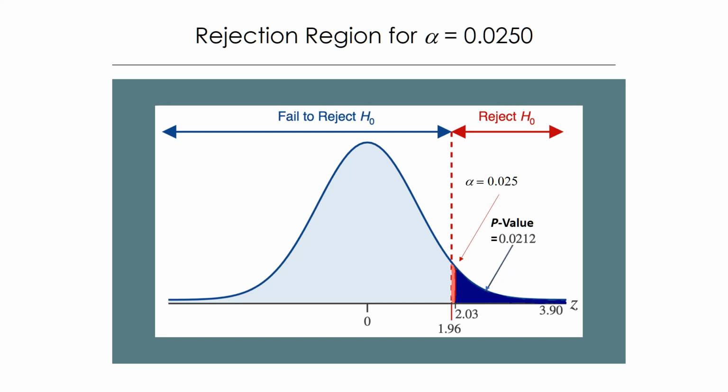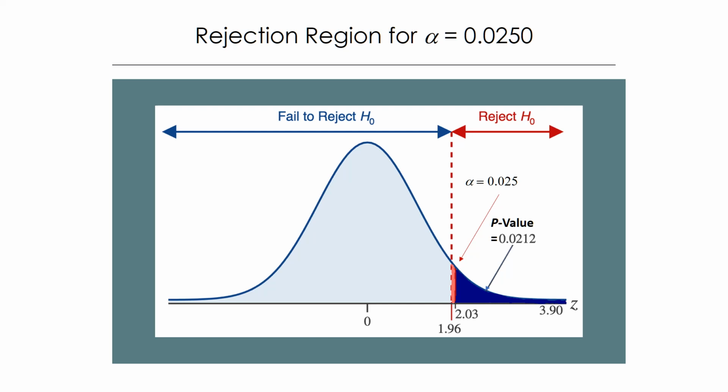Alpha is the area beyond the dotted line, the pink and blue regions together, and that's larger. That's a larger probability, slightly larger. The cutoff for that alpha, the z-score that cuts off that area, is 1.96. That's the critical value. So we have a critical value of 1.96, cutting off an area of alpha for the